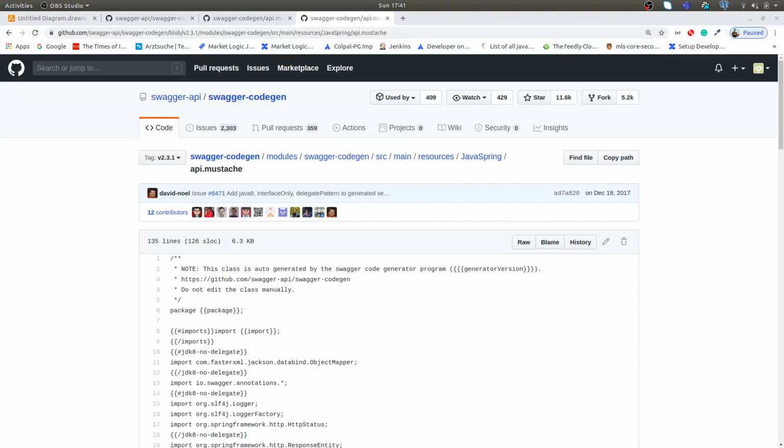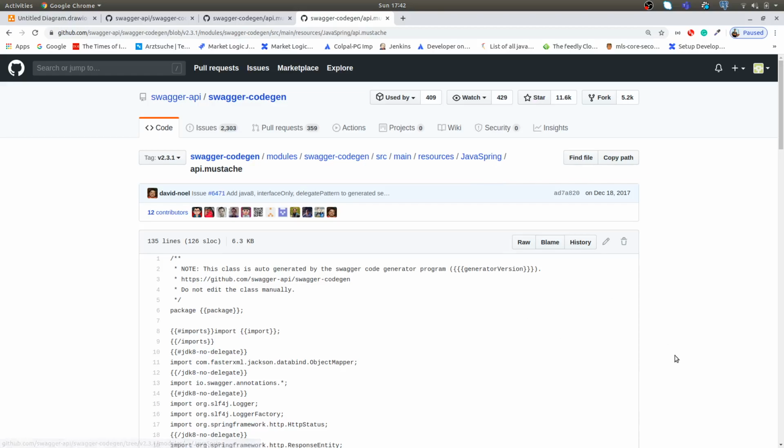Welcome back. In the last video, we saw how we can use Swagger Code Generator tool jar on our local to generate API stubs for us. But before moving forward to finally integrate this in our microservice, I would like to first give you a small overview of Mustache as a templating engine. So internally, Swagger Code Generator uses Mustache to create stubs for us as per the different language.